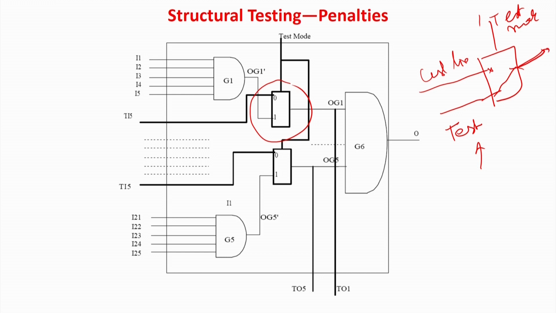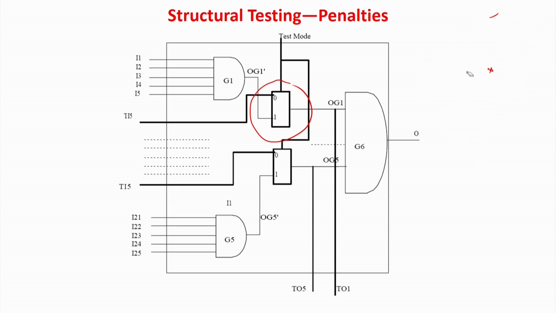So, such an arrangement I have to make, and this arrangement is already displayed over here. For example, I want to test the circuit, I will make test mode equal to 1. I am assuming that I am testing gate number 6. So, I make a test mode. So, this multiplexer, this is line, sorry, I made a mistake. Basically, test mode 0 means I am doing testing, and 1 means I am doing a normal mode.